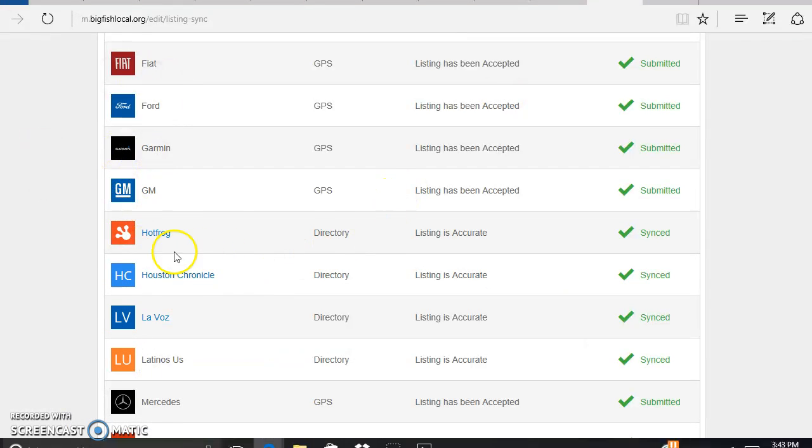So you can see all these different directories, and these are great directories, right? You got Fiat, Ford, Garmin, you got GM. These are all GPS directories. I mean, voice search is huge. When people are asking for a bounce house rental company's phone number in their car while they're driving, guess what? You want to be listed on there, right? So we get you covered with all of that, and that helps your map listing obviously show at the top of the